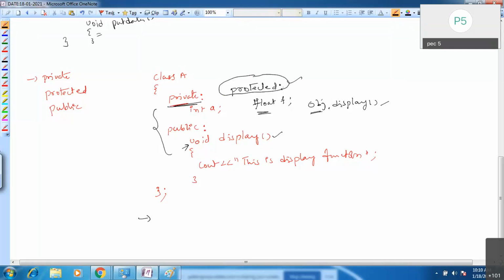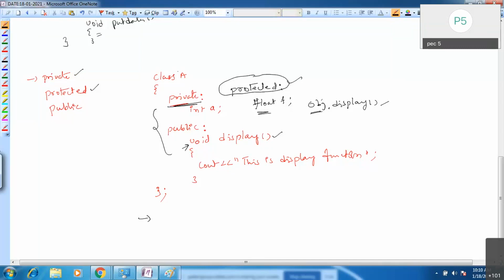These protected members are accessible by the derived class. Private members can be accessed only inside the class and by members of that class. Protected members can be accessed inside the class and also inside the derived class.